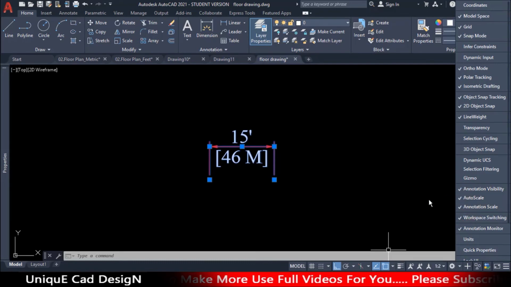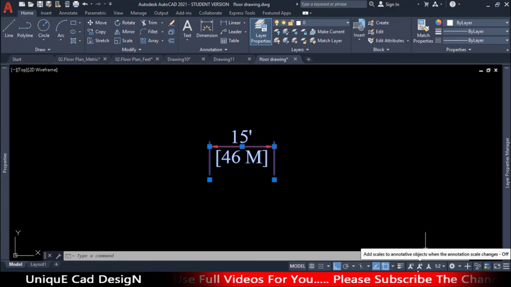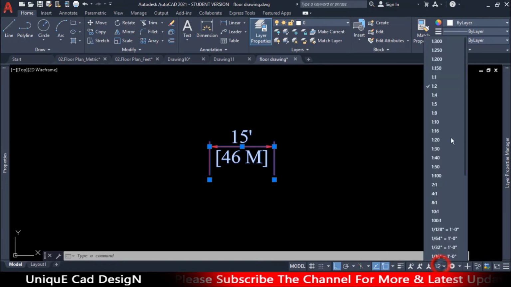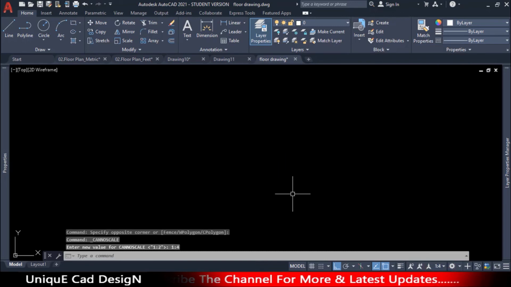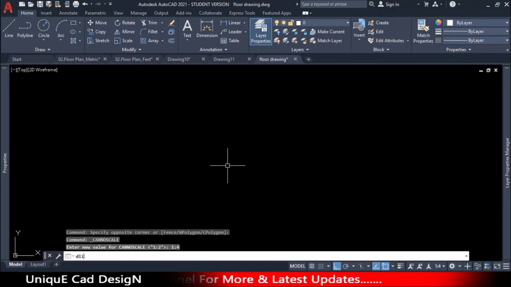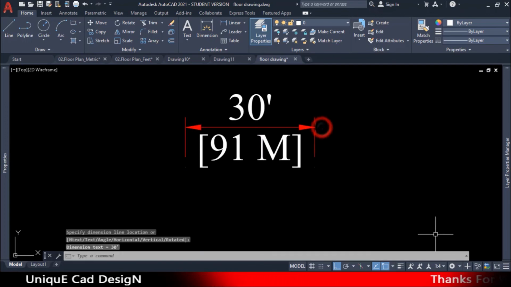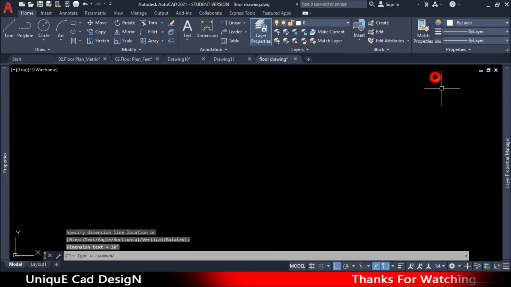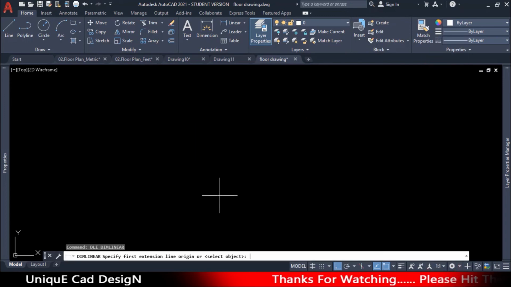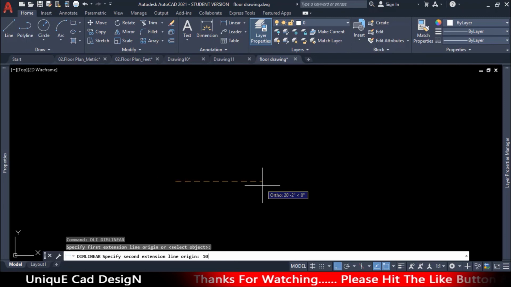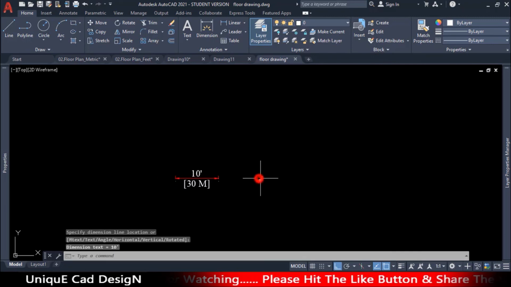If you select these three, automatically these three symbols will be visible in our status bar. Now I will change the scale to 1:4. Automatically the 1:2 dimension will hide in my window and I will add a distance of 30 feet dimension here, and now I will select 1:1 and I will add a dimension of length 10 feet here.